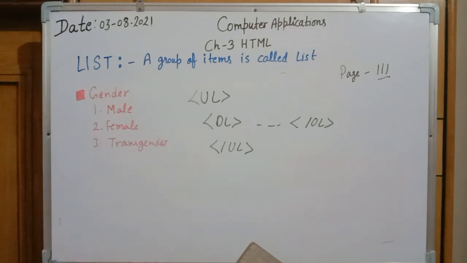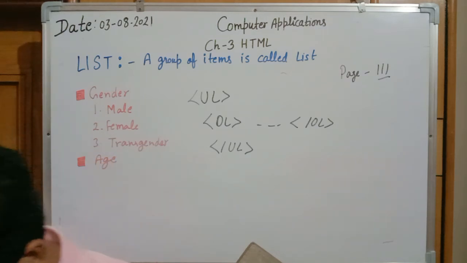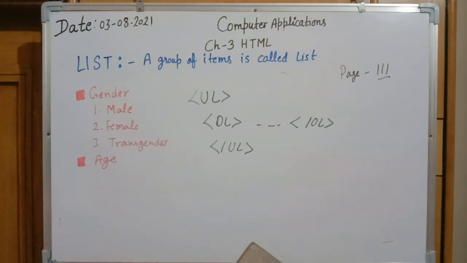Now age is related to which factor? It is related to the unordered list, because the unordered list is not closed till now. It is not closed. That's why the item is age. Again an ordered list is prepared, type is small alphabet and starting value is 3. What is the meaning of starting value? It means it will start from C, the third value.